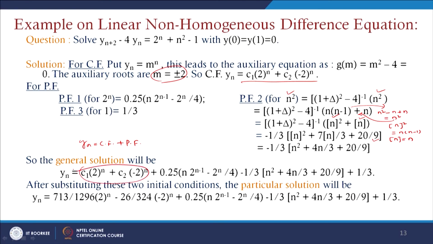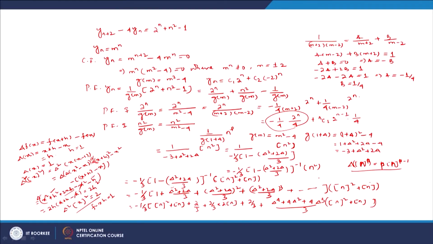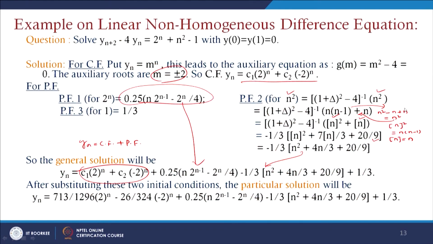And the second part is the particular function, which can be written as 0.25 n 2 to the power n minus 1 minus 2 to the power n by 4. The second particular function, if you just see, is nothing but minus 1 by 3 n square plus 4 n by 3 plus 20 by 9. The last one that remained is minus 1 by g of m, here, minus 1 by m square minus 4 here, and which can be written as only 1 by 3, since directly if you just put this